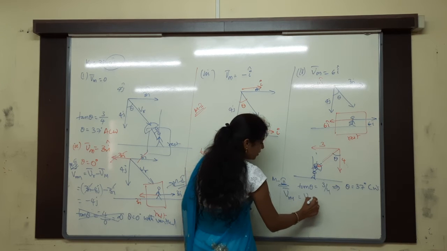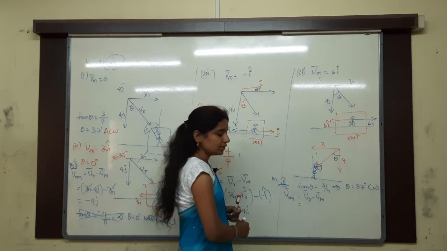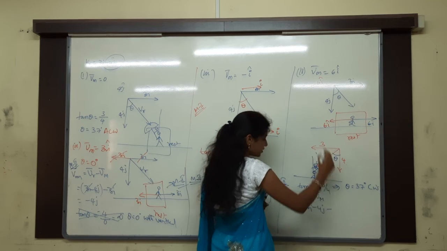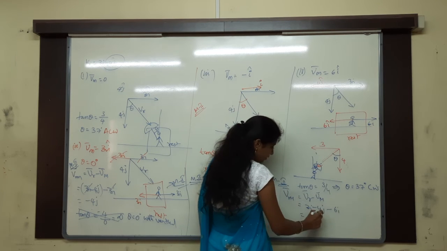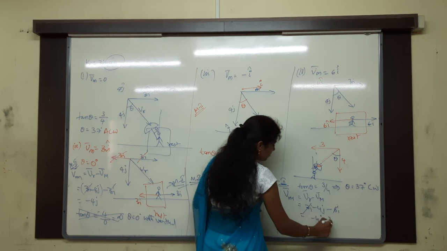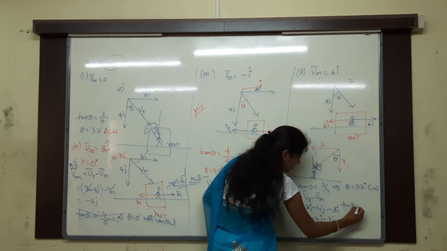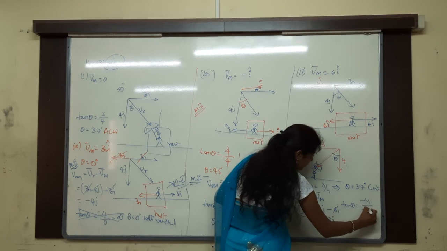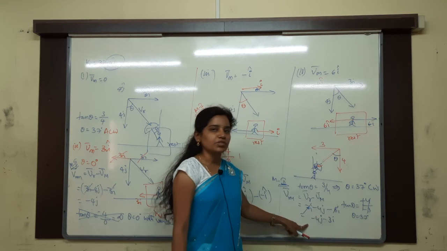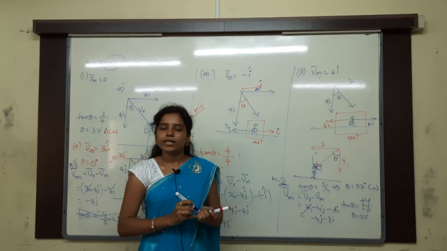VRM is equal to what? I can write VR minus VM. VR is how much? What is the velocity of the rain? 3i minus 4j. Minus VM is how much? 6i. Then what is remaining for us? 3 gone, how much is remaining? Minus 4j minus 3i is remaining. Then tan theta is equal to minus 4 by minus 3. Then how much is angle theta? 37. Both are in opposite directions only, so the man has to hold the umbrella in clockwise direction. Clear? Any method you can follow.